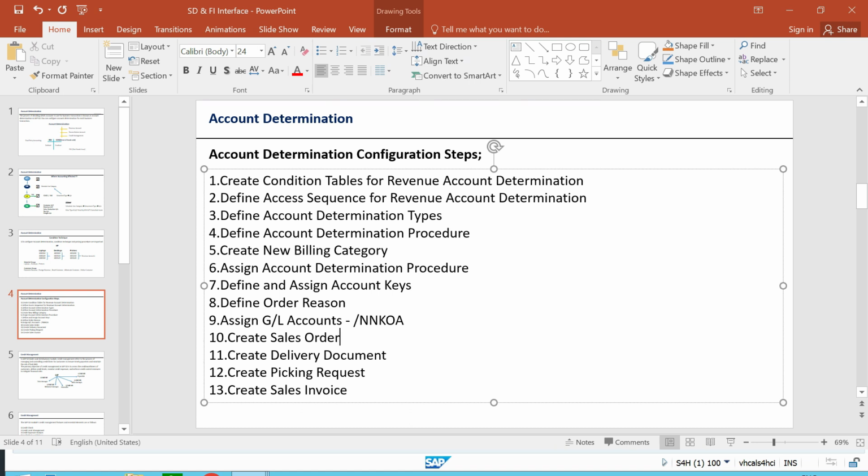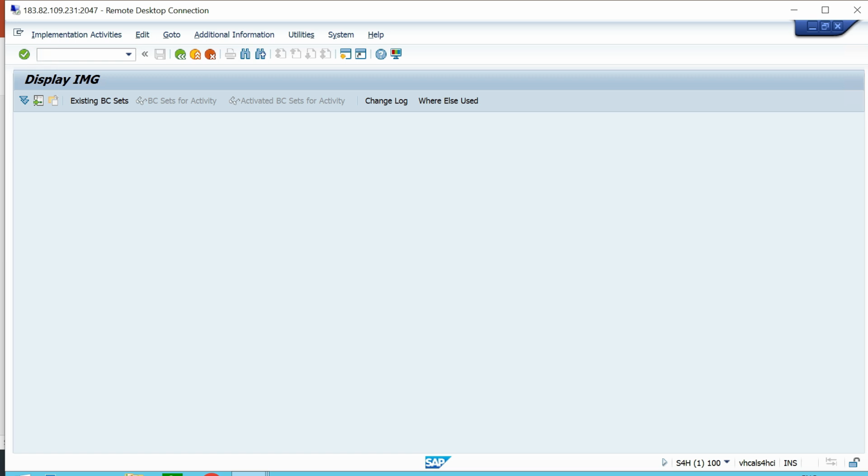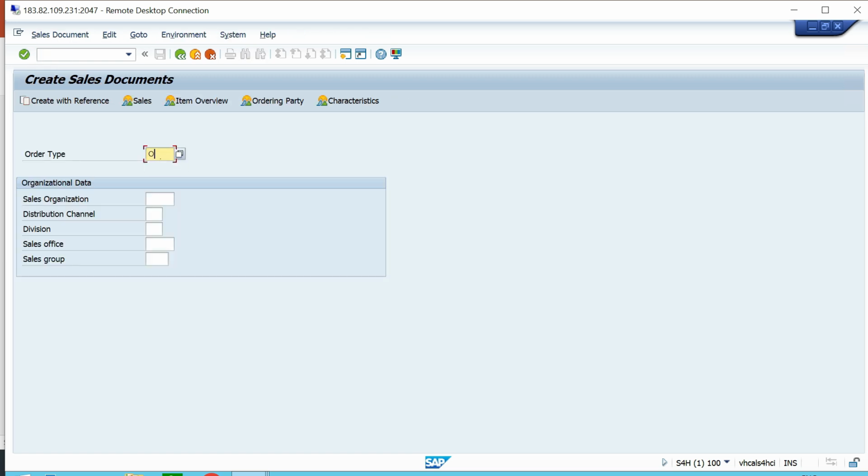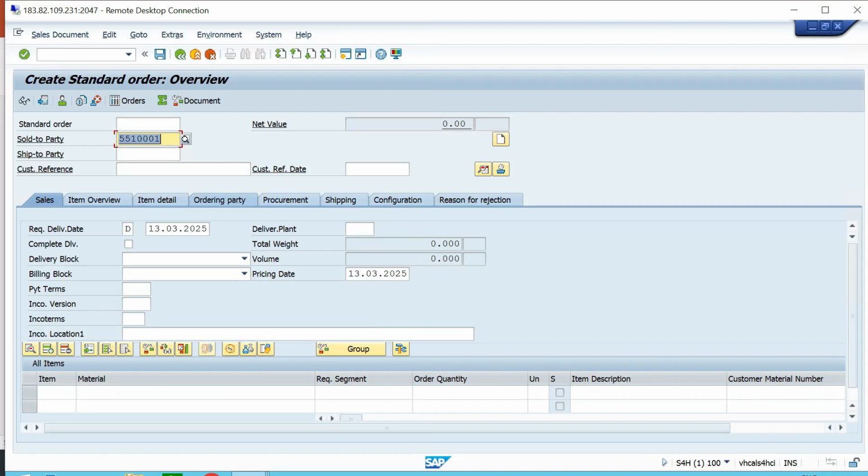To create the sales order, T code /n VA01. Go to SAP, /n VA01, enter the order type OR, sales organization TTS1, distribution channel T0 and division T6, enter. Select the sold to party, which is nothing but the customer. So then the customer purchase order date, enter,